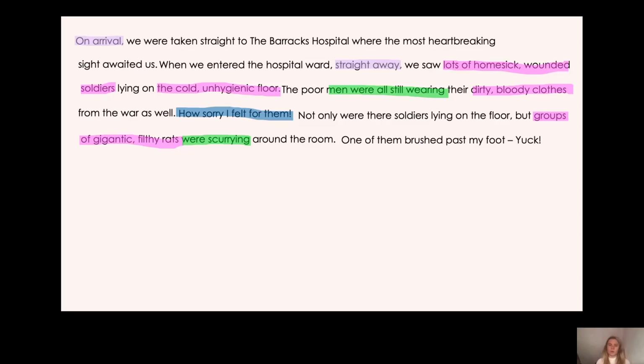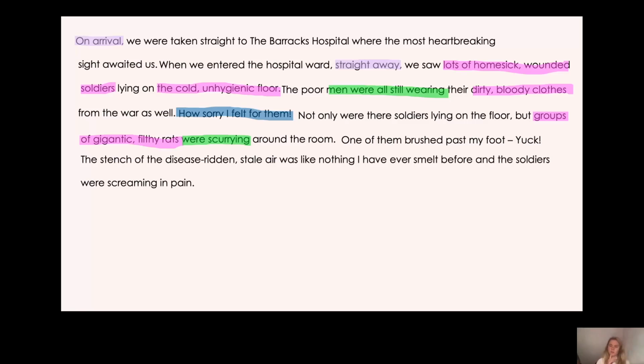Okay, now, what else might I have noticed? Because I've talked about what I saw. What might I have smelt? And what might I have heard? Well, I know that the soldiers were in a lot of pain, so they were probably screaming, weren't they? And I also know that there wasn't much fresh air. It was pretty poor air, wasn't it? Full of disease. So what could I write for this?